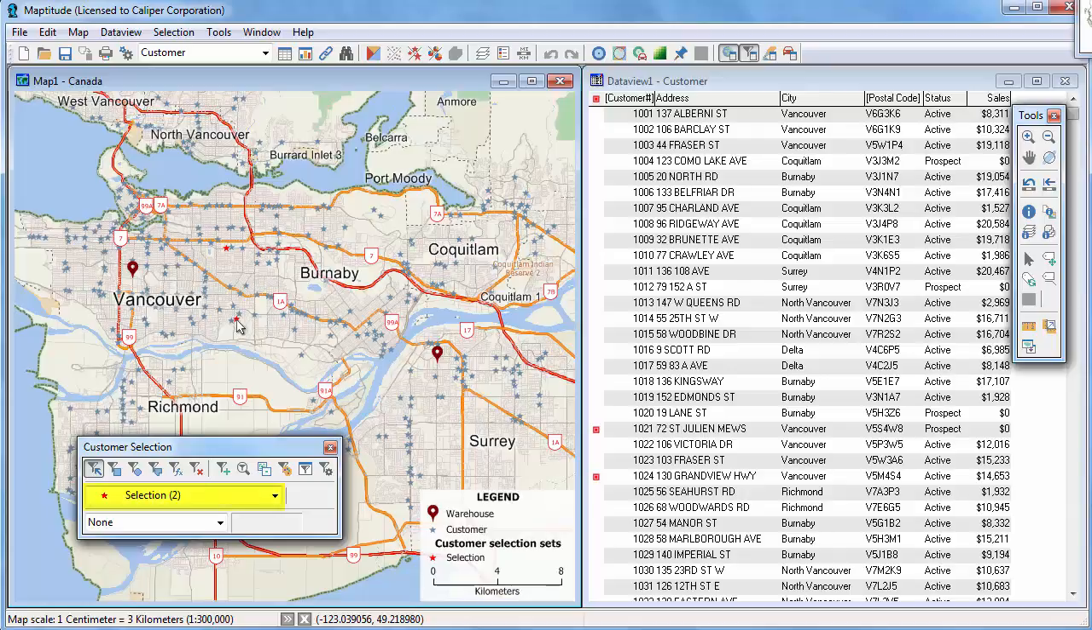Maptitude adds the features to the selection set, highlights it on the map, and highlights it in any open data views. Click again with the Select by Pointing tool to deselect a feature. You can choose to compute a running total for a field of your choice. For example, by choosing the Sales field, you can see the total sales for all of the customers that you